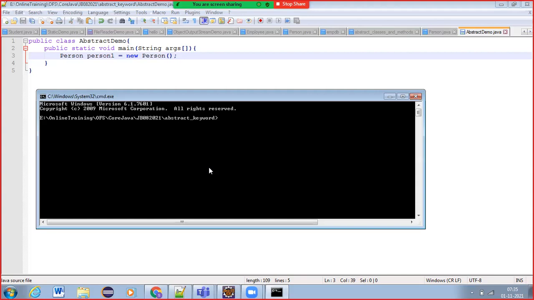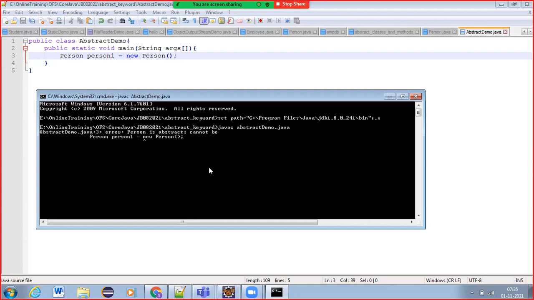So what should we do now? First set the path: C colon, program files, java, jdk, bin. Now javac AbstractDemo.java. See what it is saying: Person is abstract, cannot be instantiated.